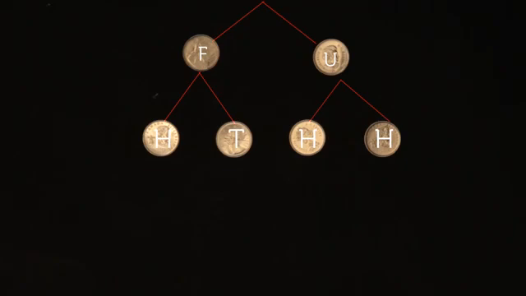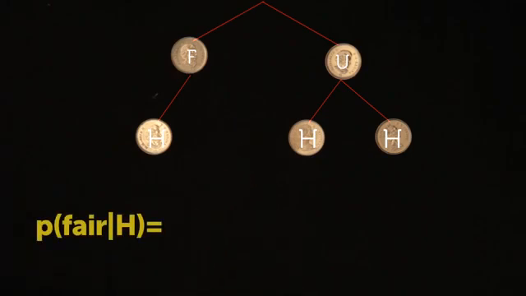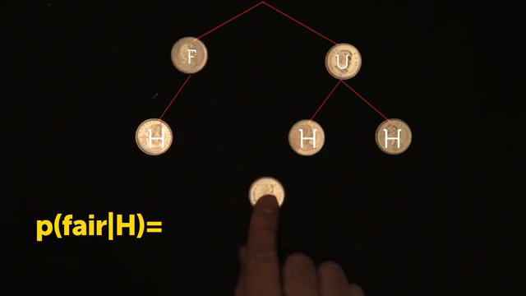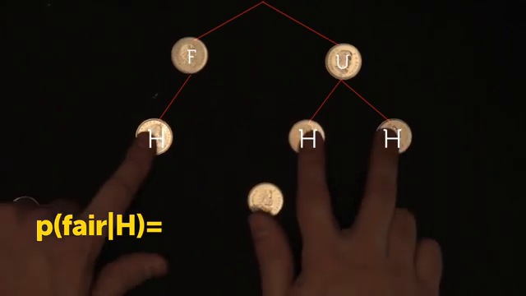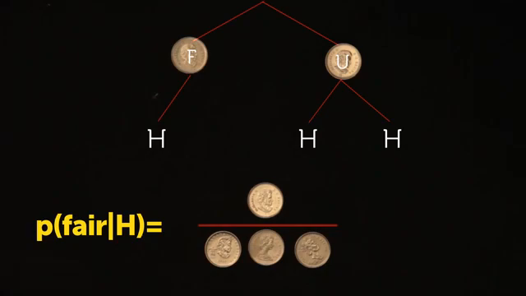The final step, new evidence. He says, Heads! Whenever we gain evidence, we must trim our tree. We cut any branch leading to tails because we know tails did not occur. And that is it. So the probability that he chose the fair coin is the one fair outcome leading to heads divided by the 3 possible outcomes leading to heads, or 1/3.